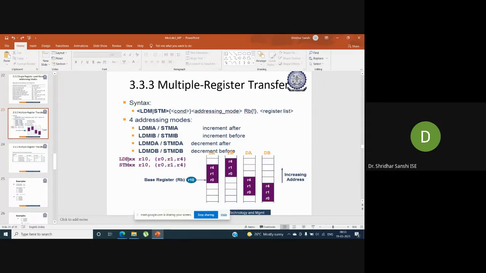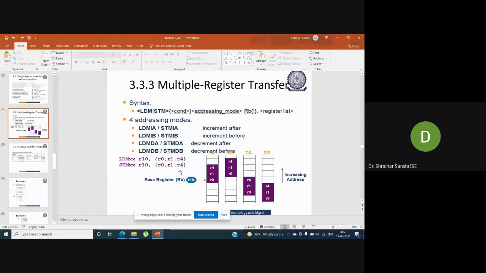This is how we need to write the instruction, and then we need to specify the base address. You can see R10 is the base register. R10 contains the base address value, and in this figure R10 points to this particular address.